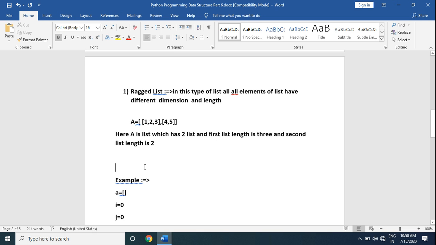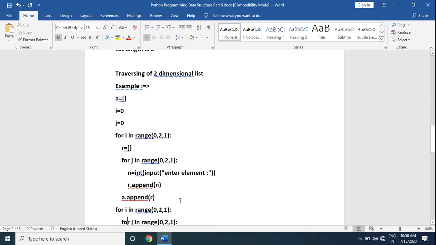Today we also learn another example of a two-dimensional list, which is traversing of a two-dimensional list. So this is our example.